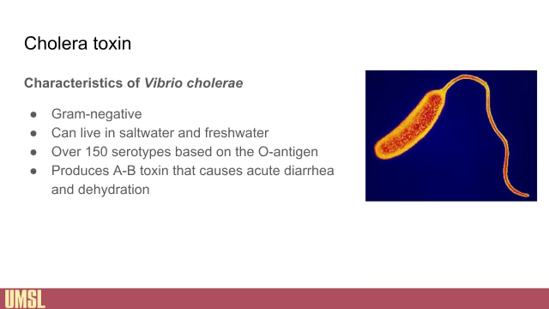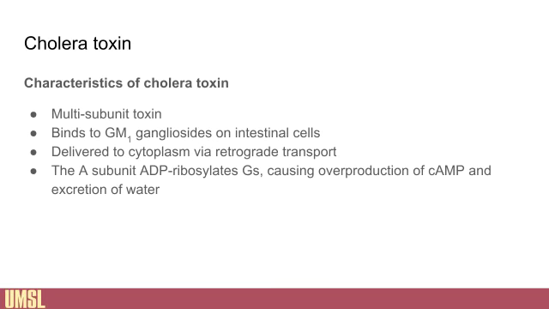And cholera toxin is of a particular variety of AB toxins. So this is an AB toxin, or AB5 in this case. And this is a toxin that causes acute diarrhea and dehydration. So it's actually going to do some things akin to what that edema factor does in